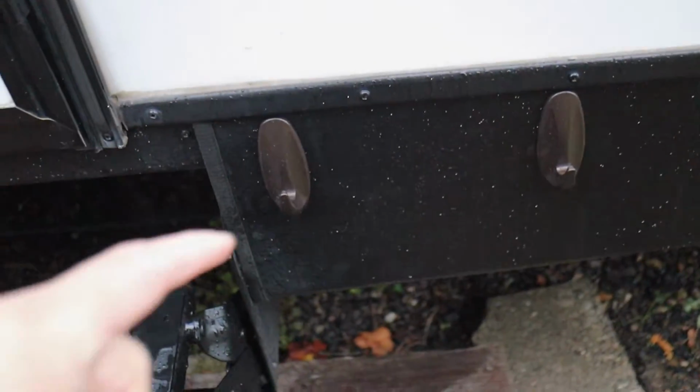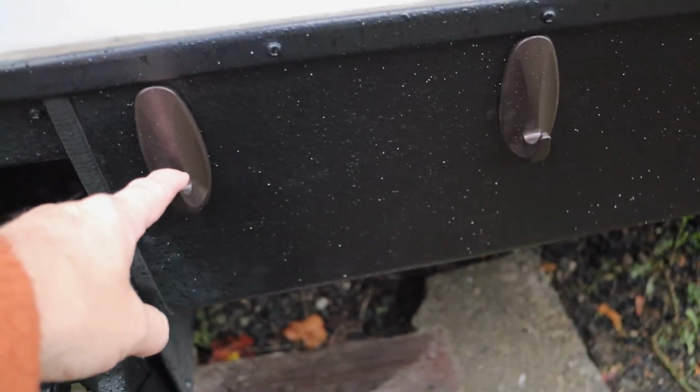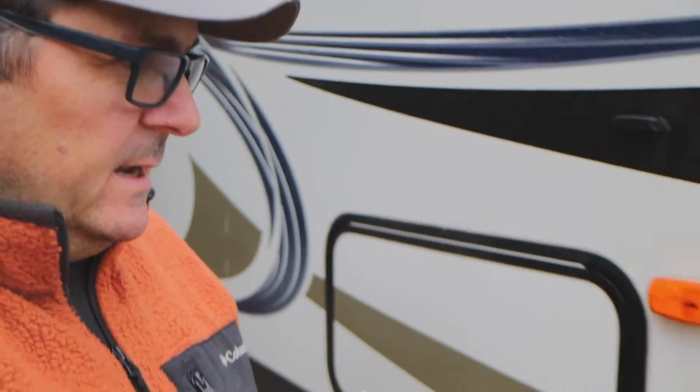Moving outside, we put command hooks here to hold our outdoor trash can, but we also will hang our sandals on here or whatever to let them air dry. It's a gloomy, rainy day here, but I'm going to show you our last and the coolest way that we've figured out how to use the command hooks, and that is to keep our chains out of the mud. And today's a